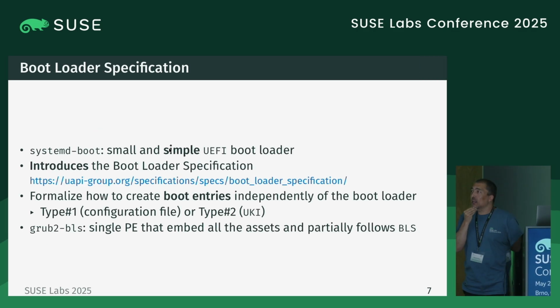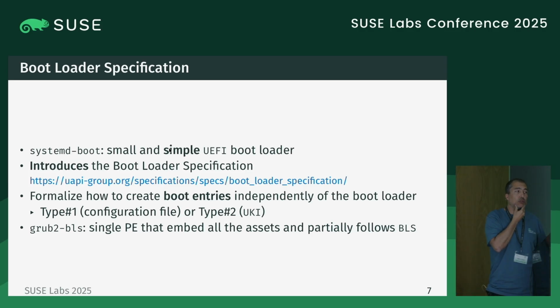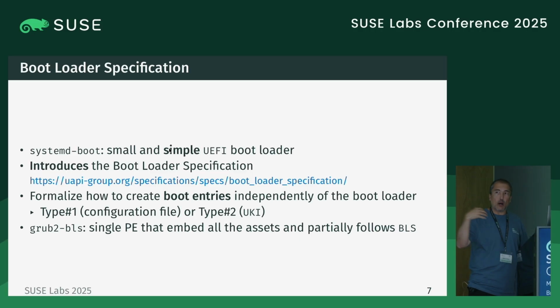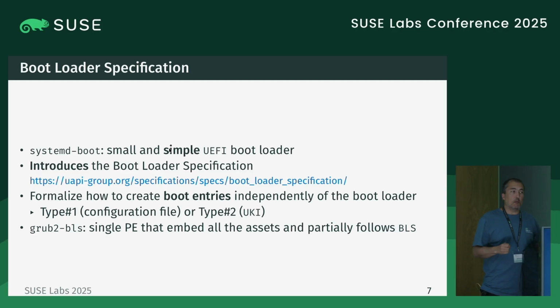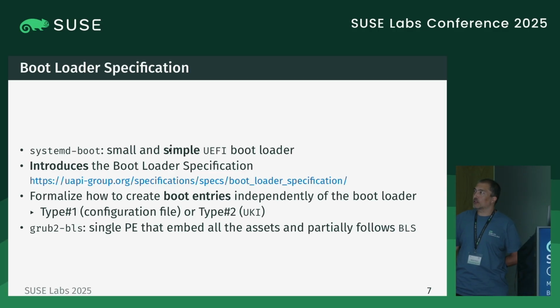So one of the pillars of this architecture is the bootloader specification that was introduced by systemd-boot. Systemd-boot is a very small and simple UEFI bootloader. That means that it's leveraging all the protocols that UEFI is providing. So that means that you get for free integration with TPMs, for free integration with the network and other components, meaning that the code of the bootloader is a fraction of GRUB, meaning that it's more secure, if only because it's smaller.